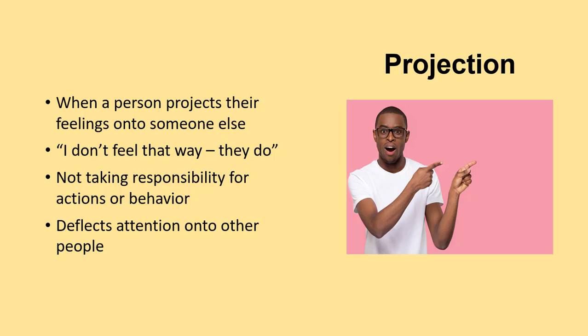So let's think of an example. So your employee, Ted, has been making unwanted and inappropriate sexual comments to Marie, who's one of his coworkers. And when you try to discuss the matter with Ted, he says, I'm not the one making sexual comments. I never make sexual jokes. She's the one who's always flirting with me. It's her. It's not me. And yet you've never heard Marie say or do anything inappropriate towards Ted, but you've witnessed Ted saying and doing inappropriate things toward Marie, right? So he's blaming his behavior and saying, it's not me, it's her. She's the one doing the wrong thing, not me.